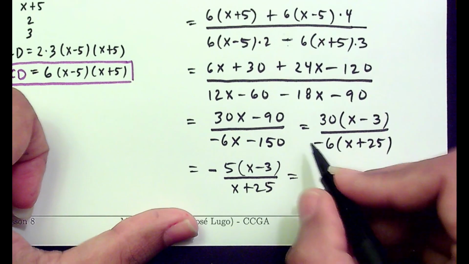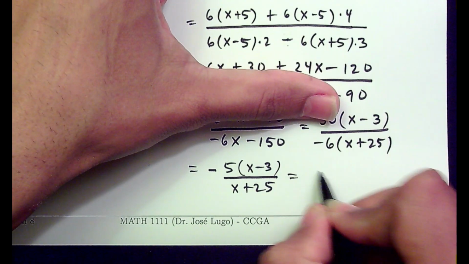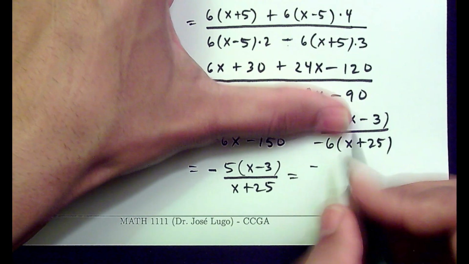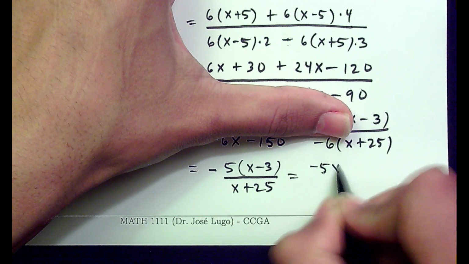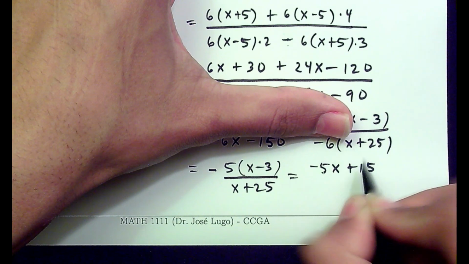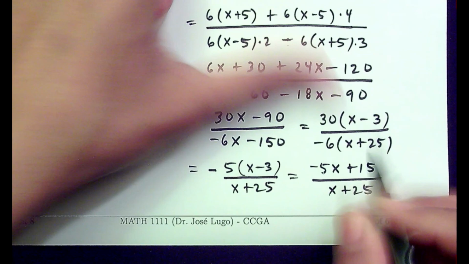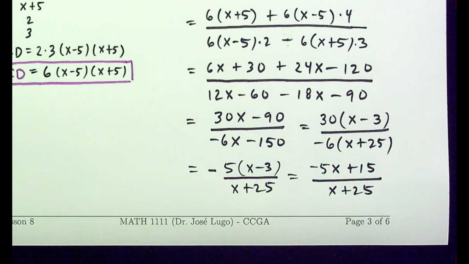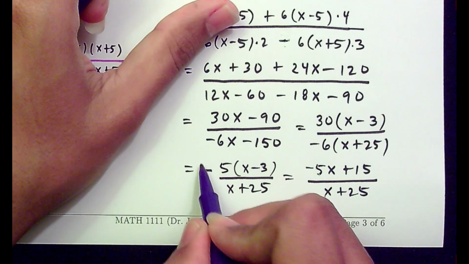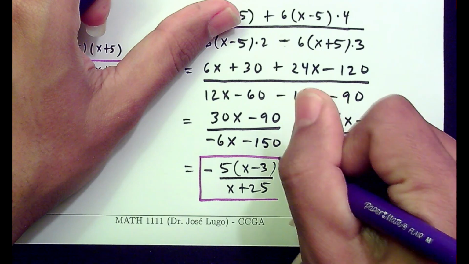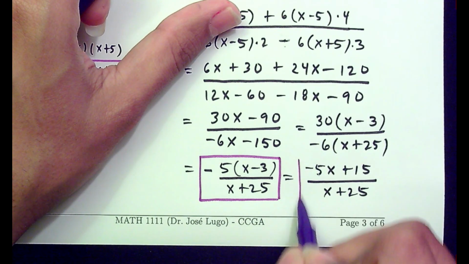Or you could distribute the negative and say this is negative 5x plus 15. You don't have to do this, but you could, and you will not be wrong. So either way, I kind of like offering the answer in factored form. That's simpler. I mean, it looks simpler. But either way, both are